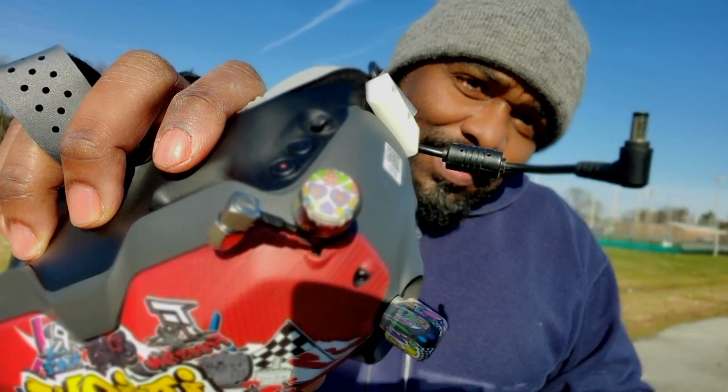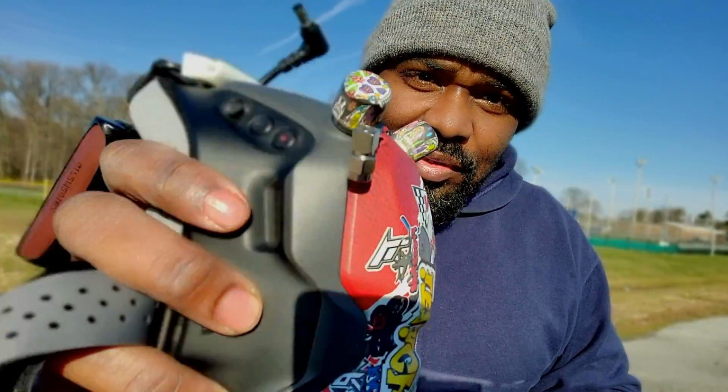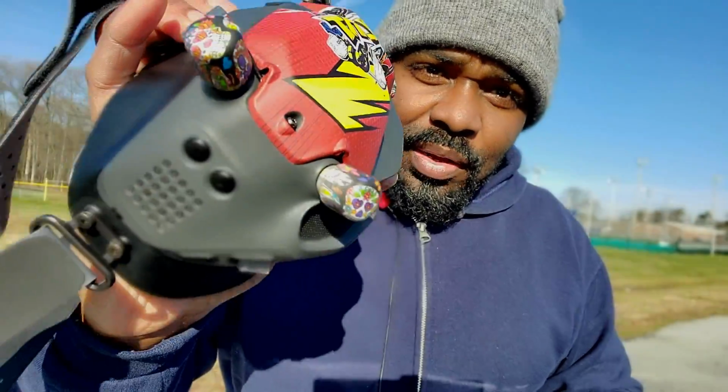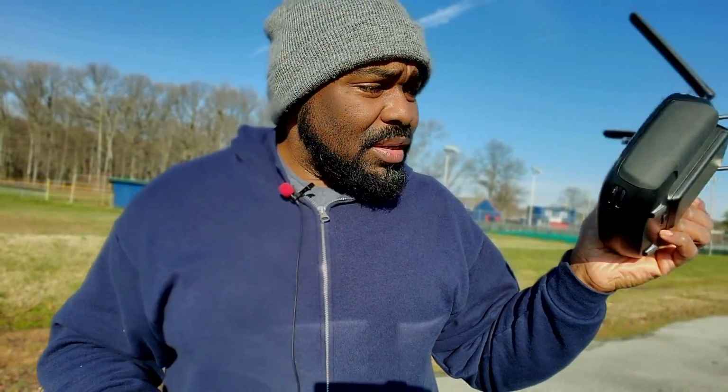find a face, find a face. It focuses on my face, but it's got this little skull pattern on it, and then all these little hearts and stuff, I think they call them color bombs, all over it. Didn't think I would like those, so I'll probably end up either rewrapping them with maybe some kind of black shrink wrap, or maybe even just spraying them a different color to match the goggles. But other than that, my remote control is buzzing because I haven't touched it in about